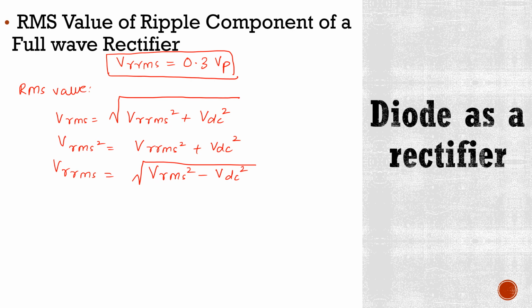Okay. Now in case of full wave rectifier, the value of Vrms is Vp divided by root 2, and we